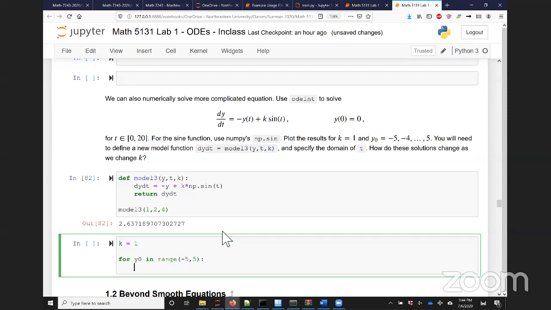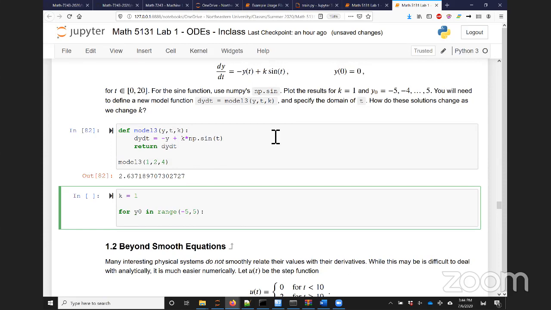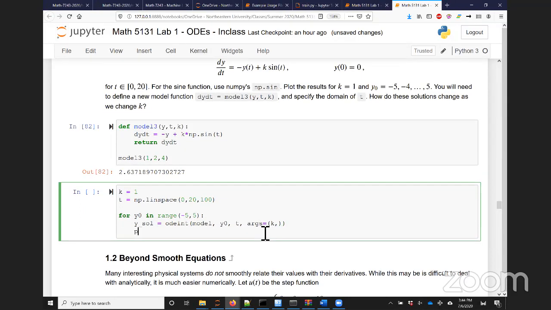So for instance, minus 5 and 5. And so then what do we do? Well, y solution equals odeint model, y0, t. Let's tell what t is supposed to be. t is linspace 0, 20, with some number of data points. Args is going to be k. We only have one argument, so we need to put the comma in to make it a tuple. And plt.plot